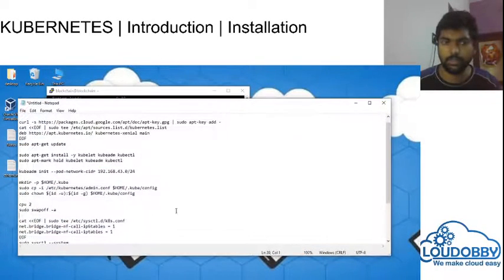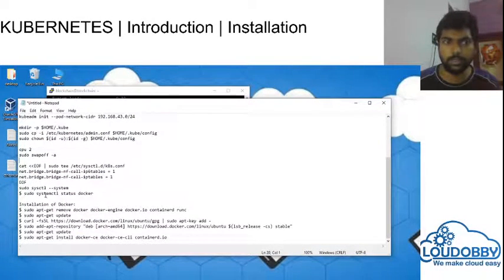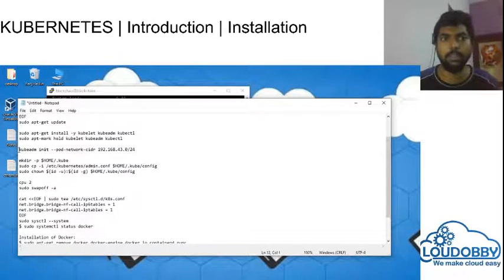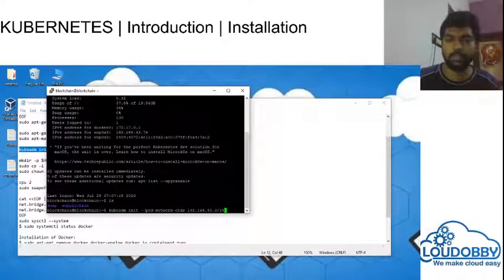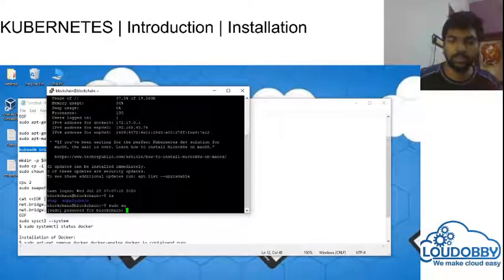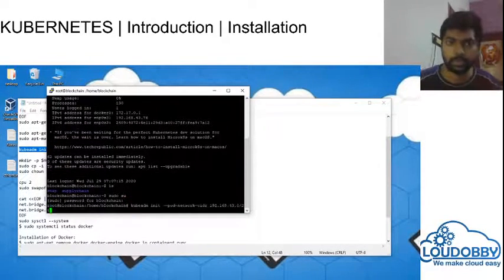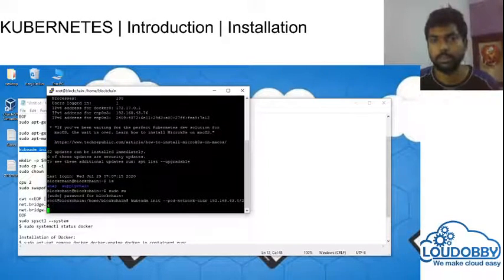Let's try to run kubeadm init right now. Let's see. Try to run it in root mode.